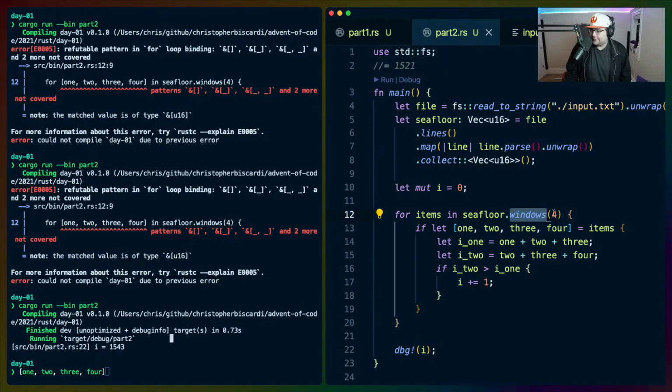So if we Windows 4, then we get these 4 values. There is no way in which we should need to do more than that, right? We need 1, 2, 3 plus 2, 3, 4. Why does that give a different answer?